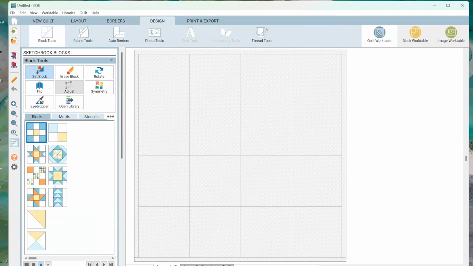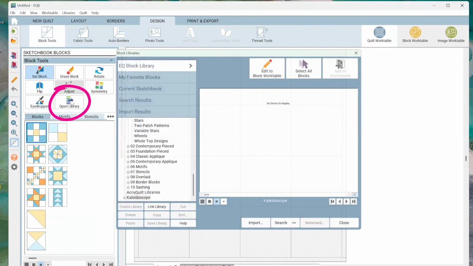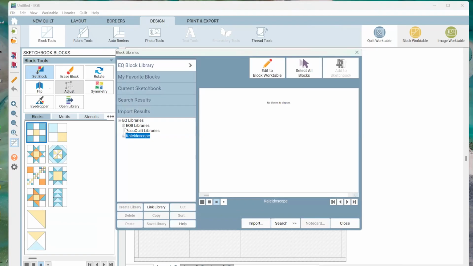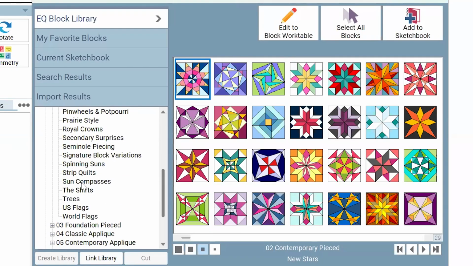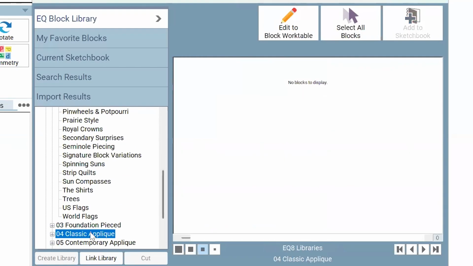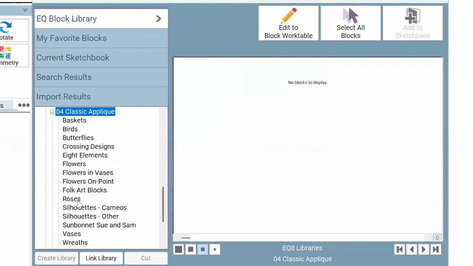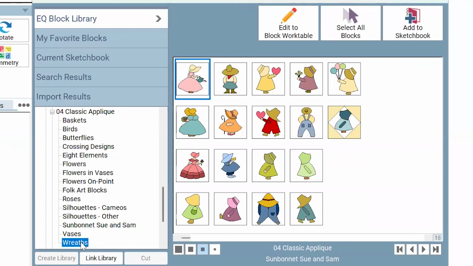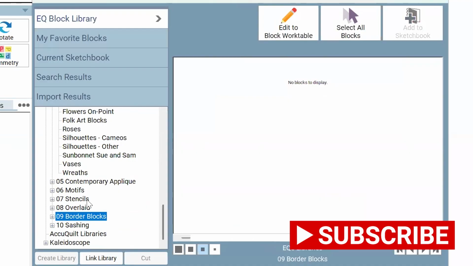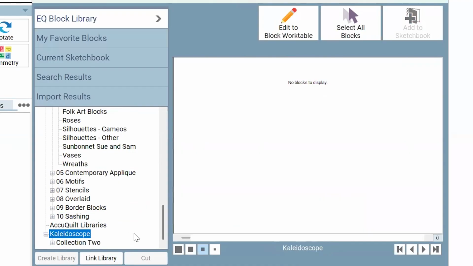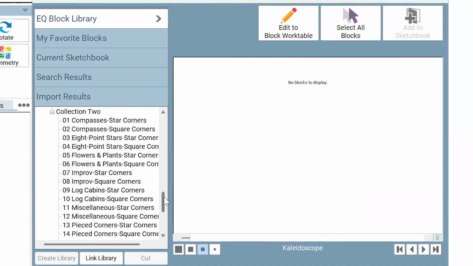Then I'm going to go under design, and there's all kinds of designs here. I'm going to open up the library, and there are so many different quilt blocks in here. Like if you just go through, you'll see why it's so much fun. These are all the standard. There's applique, there's regular piecing, there's so many different, but then you can add extra libraries, and so I have added the Kaleidoscope Collection 2,